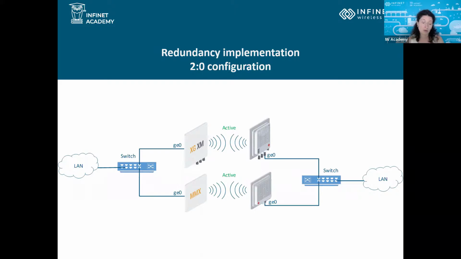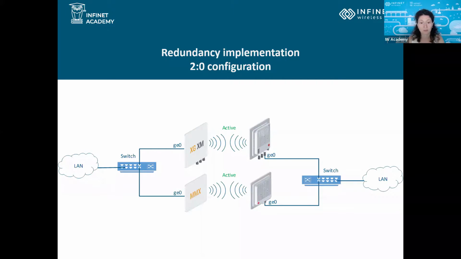The 2+0 configuration is also comprised of two parallel links, but this time both links are operational at the same time. This means that besides redundancy, you can implement mechanisms like link aggregation to effectively increase the link capacity. You can also achieve a full duplex communication by forcing all the uplink data to go through only one link and all the downlink data to go through the other link. But you will need, of course, different frequency channels for each link in this configuration, since they are both active